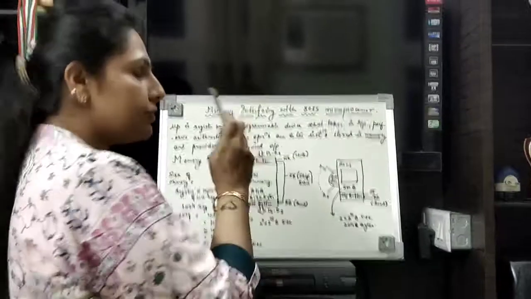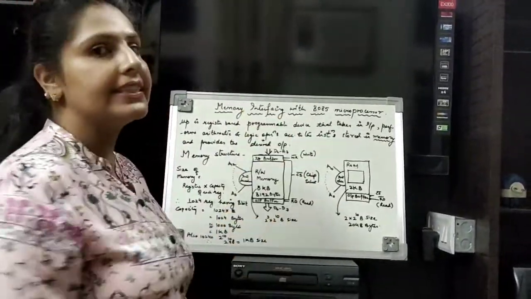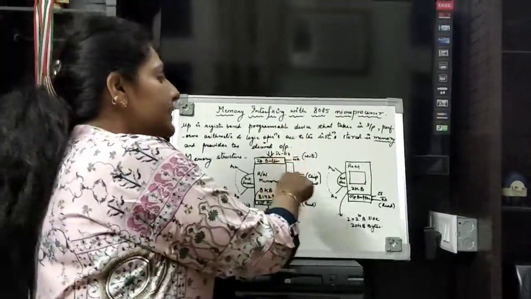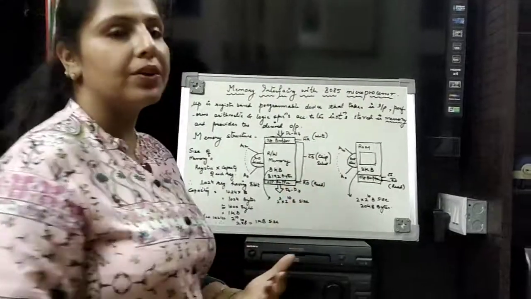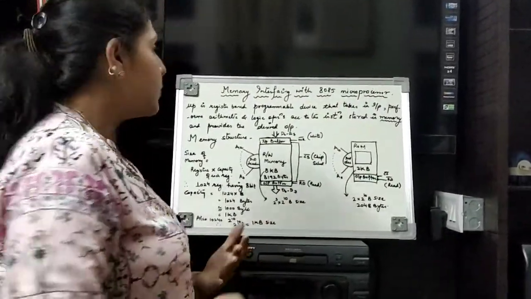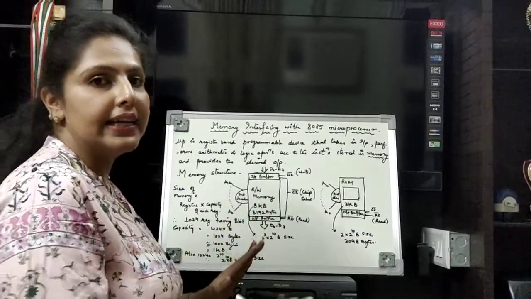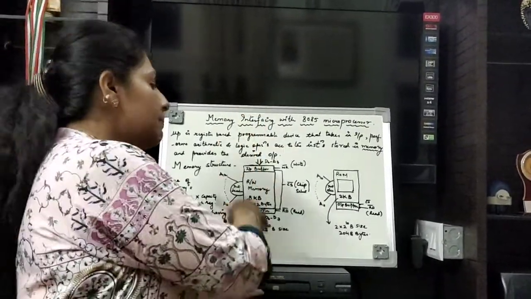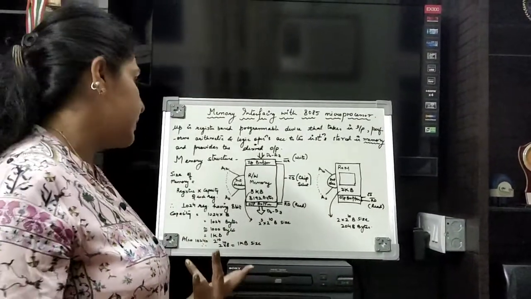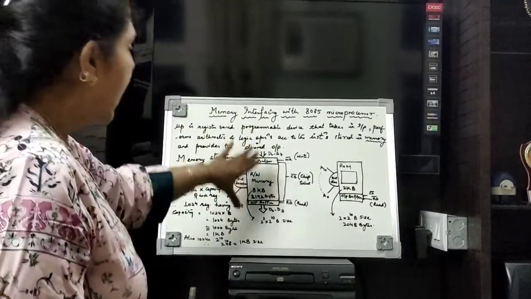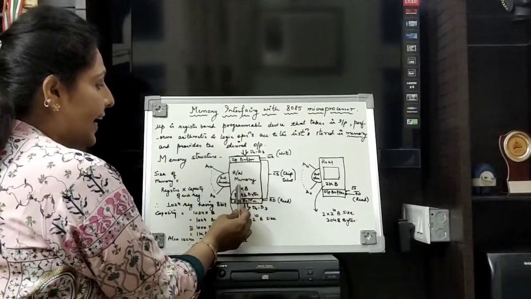So the first and foremost task is to chip select this signal, that means select this chip. After selecting the chip, the read and write control will take place. So if this chip select signal is 1, nothing will happen in this chip, whether it is a memory chip, or an IO chip, or some timer chip, or some other chip. Now I would like to proceed further, but here I have written 8 KB.